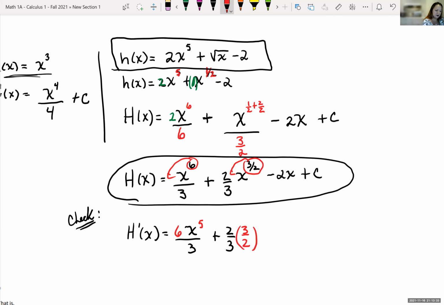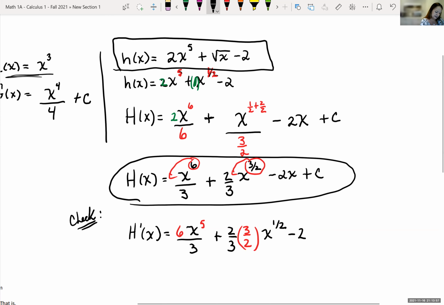subtract 1 from our exponent, so 3/2 minus 1. So 3/2 minus 2/2 is 1/2. Minus the derivative of 2x, well, bringing down an exponent of 1 is -2, subtract the exponent is 0, x to the 0 power is 0. I'm sorry, it's 1, so this is -2. And derivative of a constant is 0. And so if we reduce this,